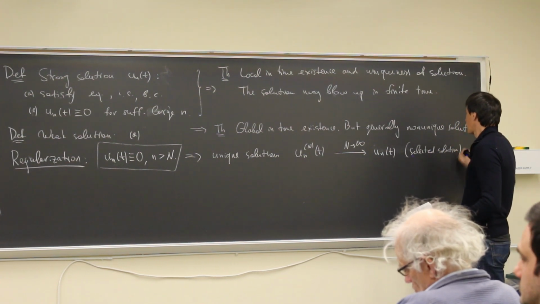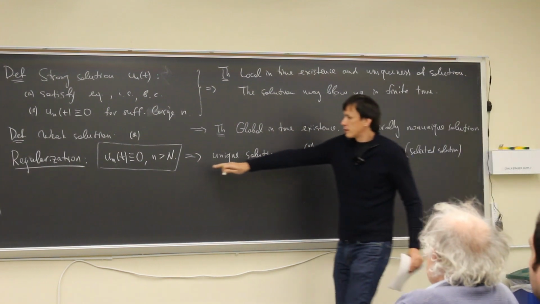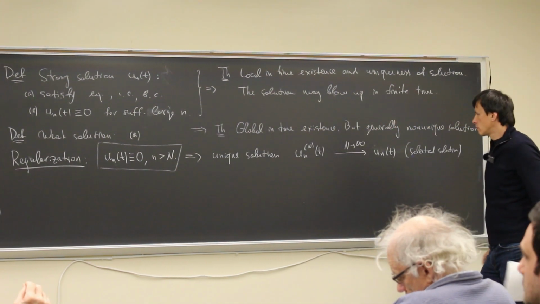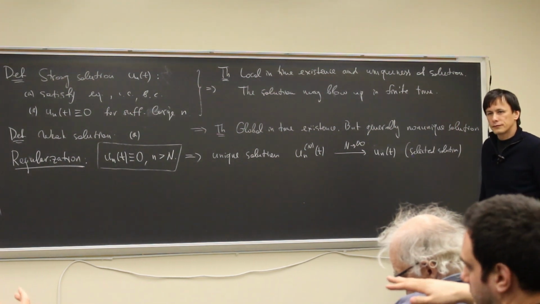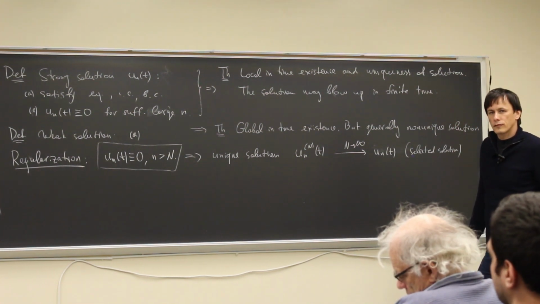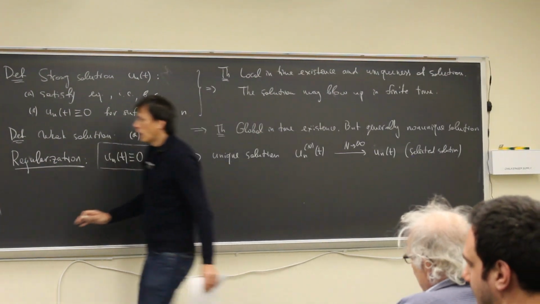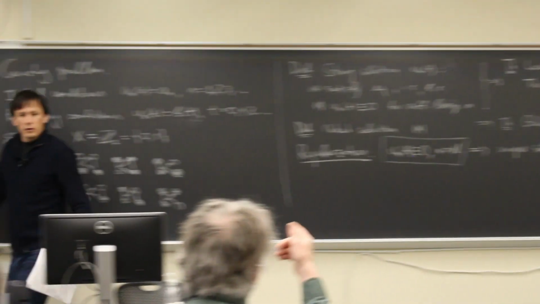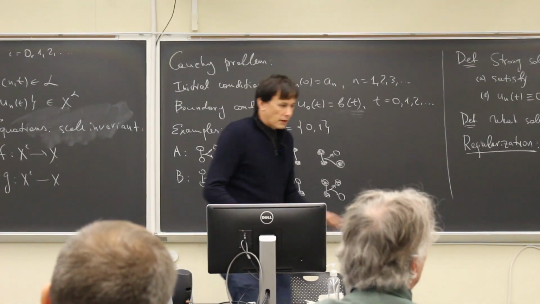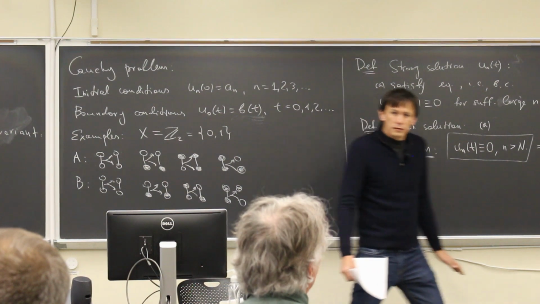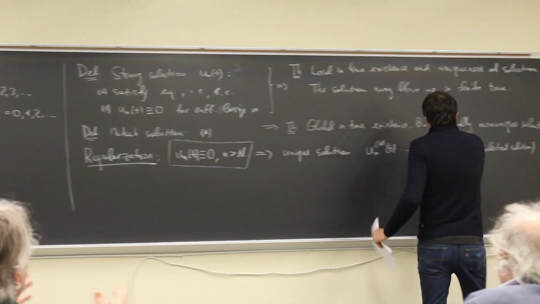But it's selected by what choice? By that choice, by that regularization. What does this choice mean? Say it in words. Choosing the ends? I don't understand. What does it mean, the choice? Just zeroing out below some fixed n and taking that. No, but now he's taking a sequence of ends going to infinity. And you make it smaller. The sequence of ends going to infinity? Yeah. I don't believe you when you say that.